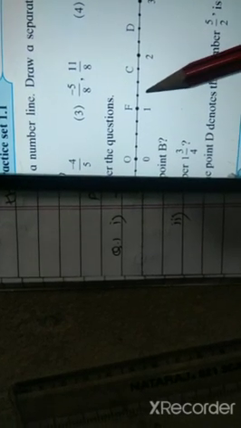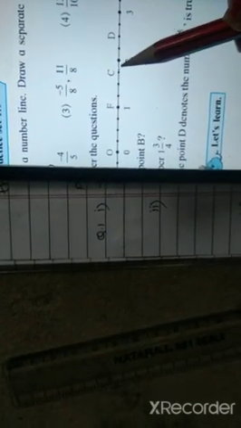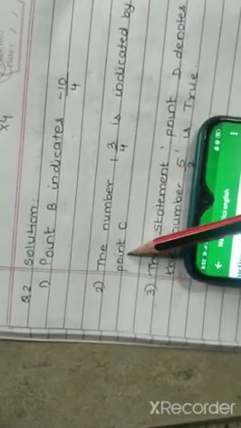Moving to the solution: 1 upon 4, 2 upon 4, 3 upon 4, 4 upon 4, 5 upon 4, 6 upon 4 and 7 upon 4. This is the point which is asked. That means point C indicates the number 1 and 3 upon 4. Again the same way, you are not supposed to draw the number line again as you have drawn it earlier on top. Copy question number 2, which number indicates 1 and 3 upon 4, and then write the solution for the same.